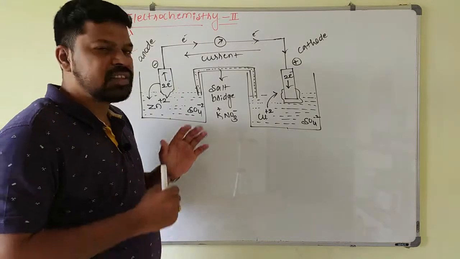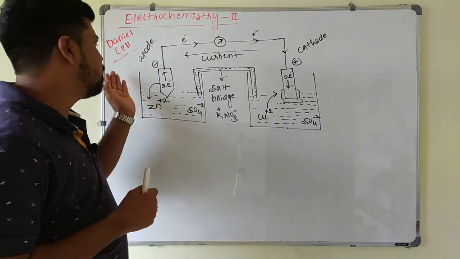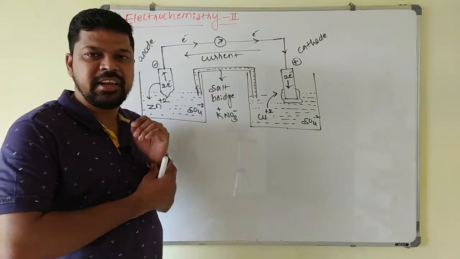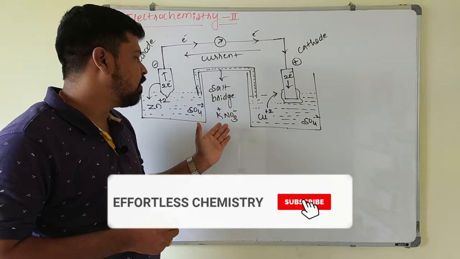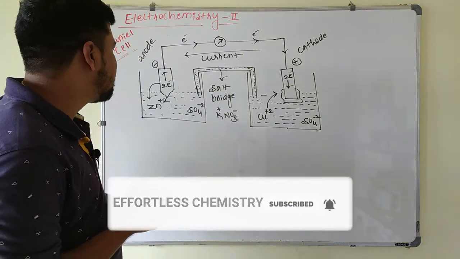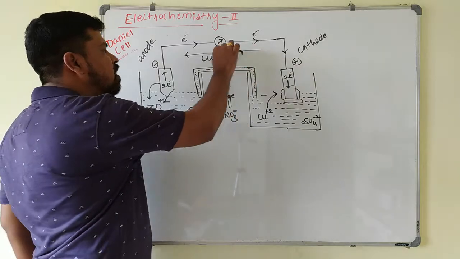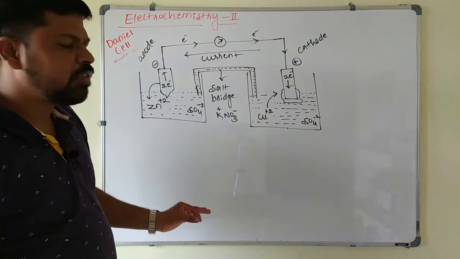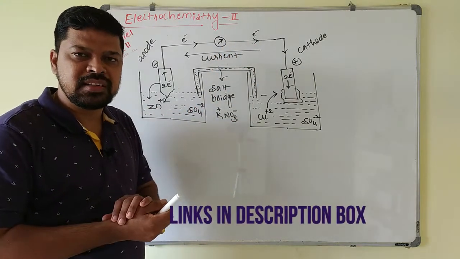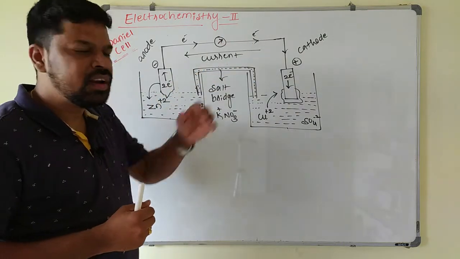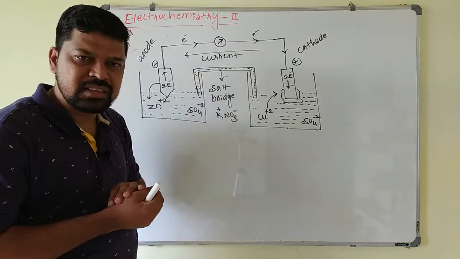So already we have discussed this galvanic cell, and an example is a Daniell cell. Whenever two single electrodes are connected with an external conducting wire and the internal circuit is completed by a salt bridge, then electrons start flowing from anode to the cathode, and the current will be flowing in the opposite direction. Like this you can construct a number of galvanic cells just by connecting two single electrodes with an external wire, and the internal circuit must be completed with a salt bridge.